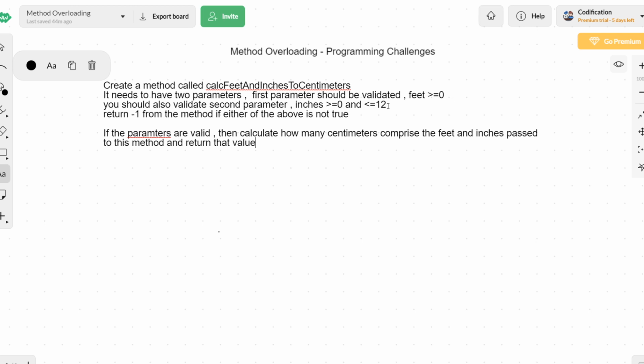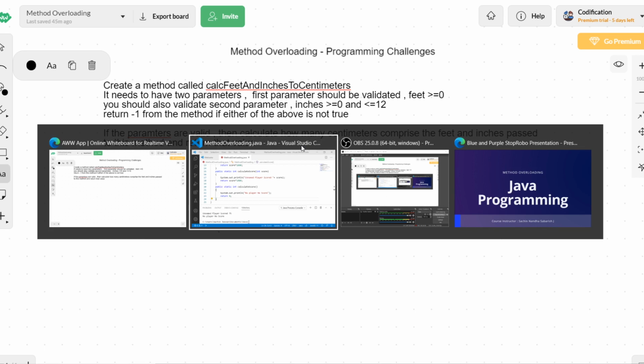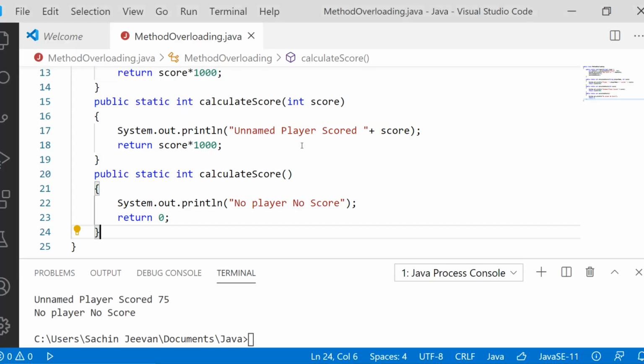If the parameters are valid, then we calculate how many centimeters both feet and inches together comprise, and the resultant centimeter value should be returned. One more thing I want to suggest is, please use the double data type for both feet and inches, because we are going to do accurate calculation. Okay, let us start.